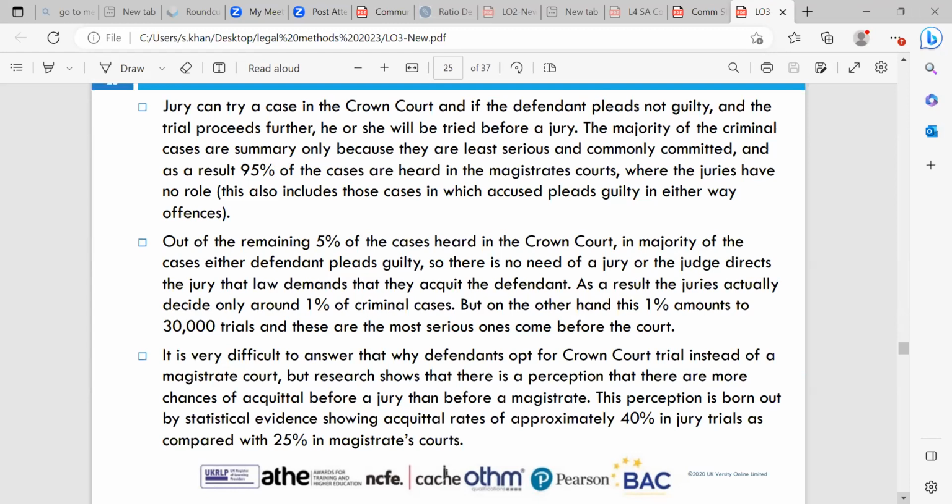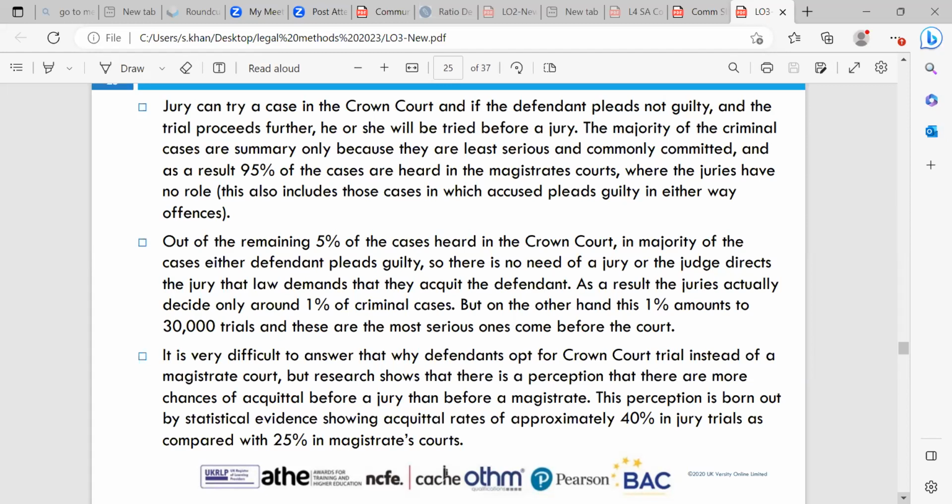The majority of criminal cases are summary only because they are the least serious and most commonly committed, and as a result, 95% of these cases are heard in the magistrates' court, where juries have no role. This also includes those cases in which the accused pleads guilty in either way offences, meaning